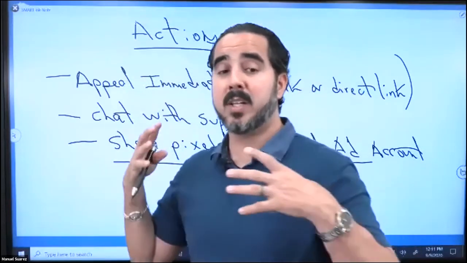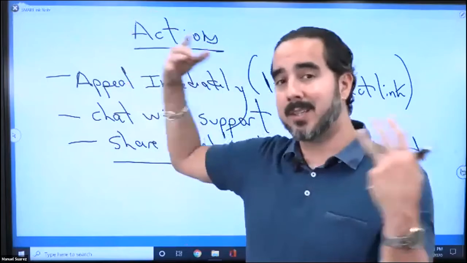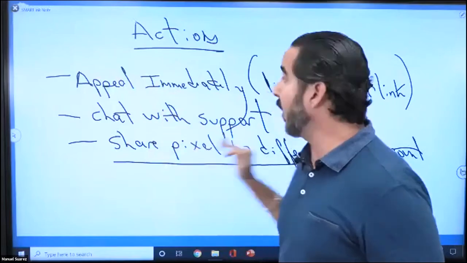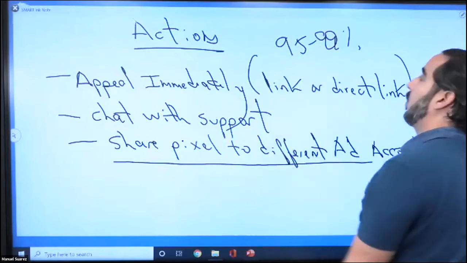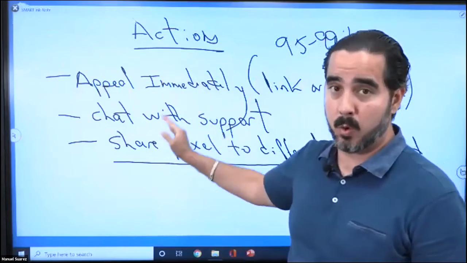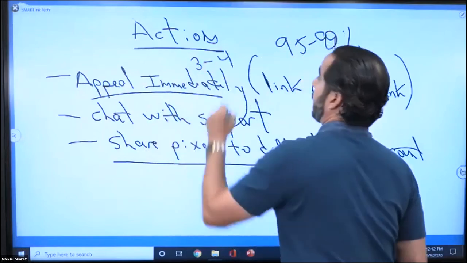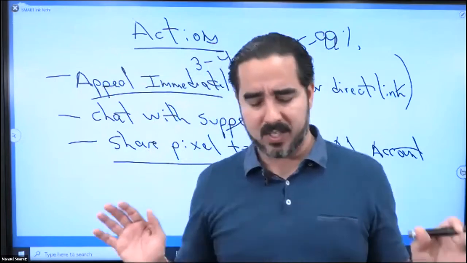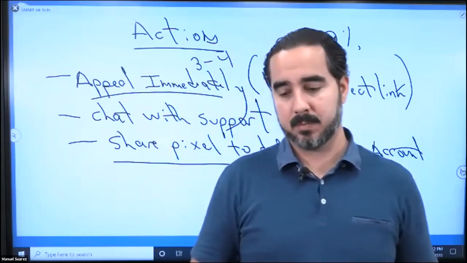So if one of those, especially our main ones, gets in trouble, we can always move back to the other one, and the pixels are already there, so we can continue while we try to fix this. We don't abandon it. Again, our success rate is probably 95 to 99% in being able to reactivate an account that was disabled. It's very, very likely that you will. Sometimes it may take 3 to 4 appeals, but generally, John, how many times do you recall, honestly, never ever being able to reactivate an account that was disabled?